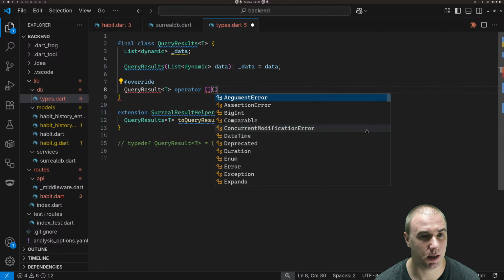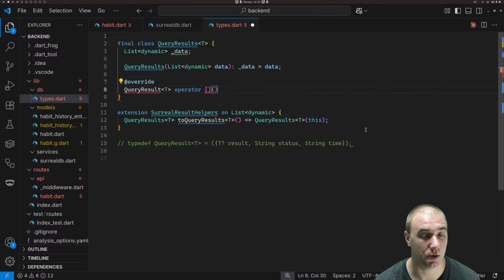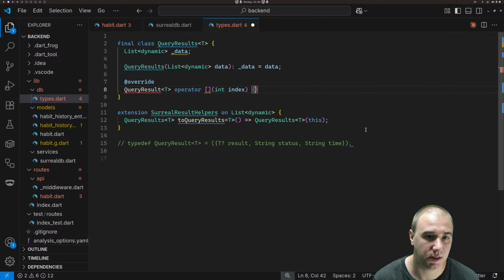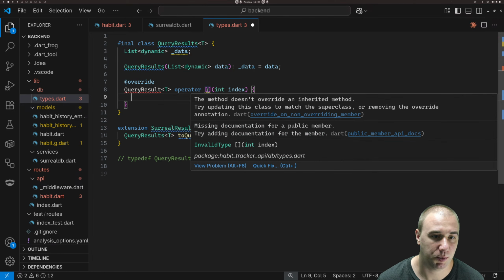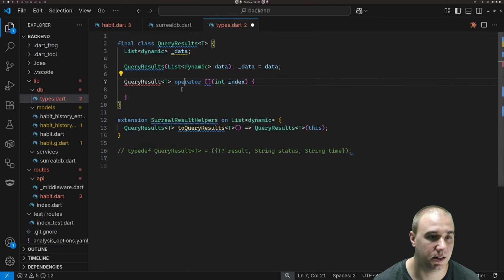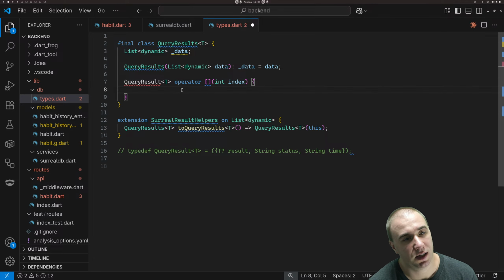And I should be able to just, all this probably takes an integer index. I'm kind of making a retrieval list or something. And this is unhappy because it doesn't override an inherited method. Try updating this class to match the superclass. Oh, because we're not overriding it. We're just specifying something that didn't exist yet. So we're gonna pretty much do the